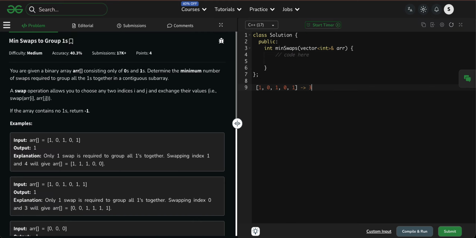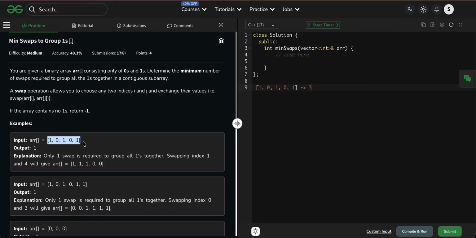Right, without any further delay, I will explain the brute force approach which comes to my mind. You understand the problem very clearly. We have the binary array, and in that array we have to swap i and j, where we make the contiguous elements the same, that means exchange and then make them the same, like this.